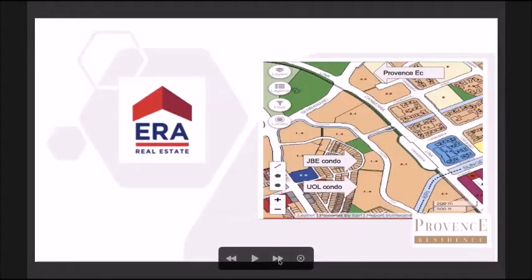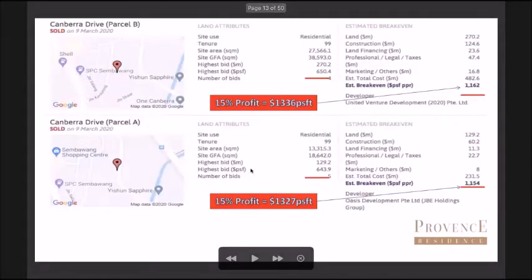Okay, how about Provence? For Provence, we actually have this comparison with our nearby new launch condos that are going to launch very soon. Also, same thing, very near to our Canberra MRT. We have two pieces of land over here. We have a condo by JBE, as well as a condo by UOL. Okay, so these two pieces of land. So I'm going to show you how much their land price as well as their potential selling price compared to Provence. Okay, so for this, you can see the land price